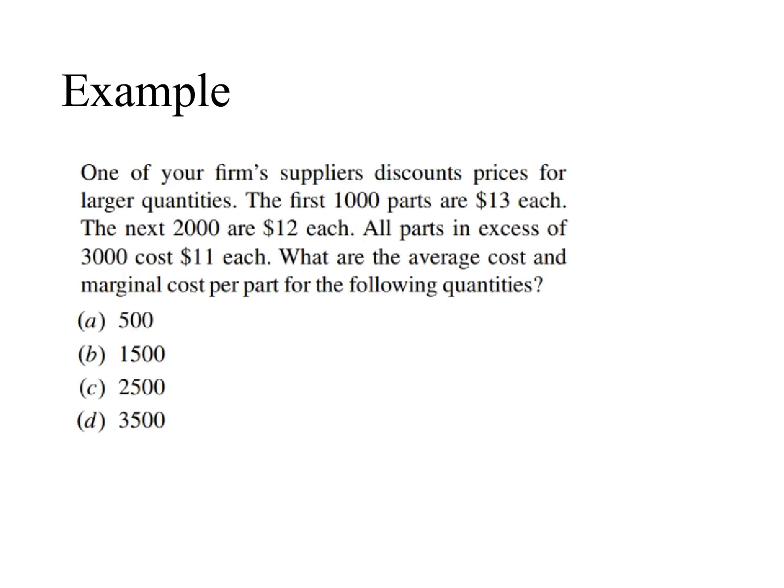Okay, so let's look at this first example here. One of your firm's suppliers discounts prices for large quantities: the first 1,000 parts are $13 each. The next 2,000 are $12 each. All parts in excess of 3,000 cost $11 each. So what are the average cost and marginal cost per part for the following quantities? What if we order 500 parts or we order 1,500 parts